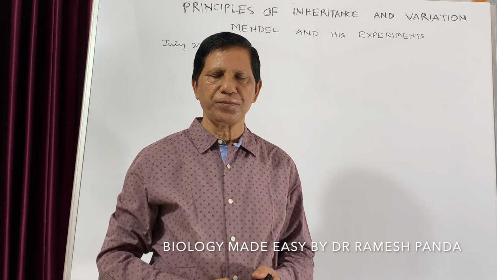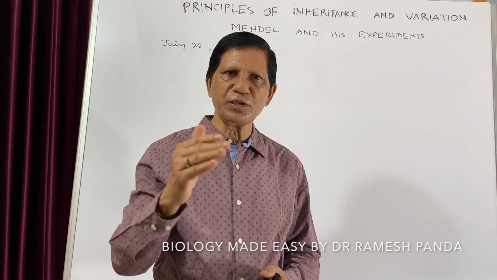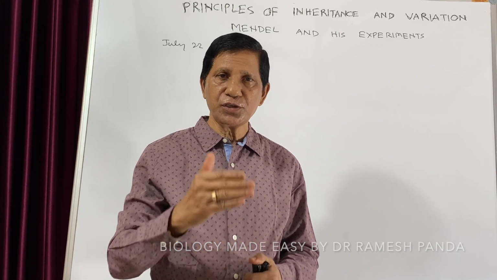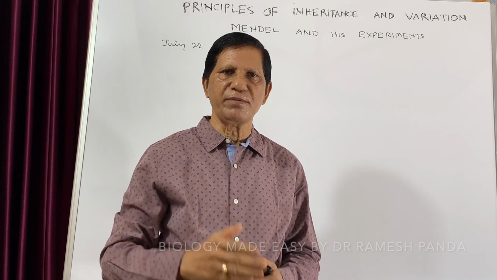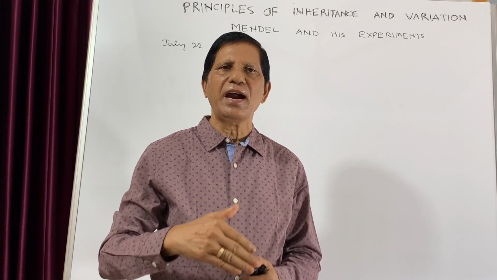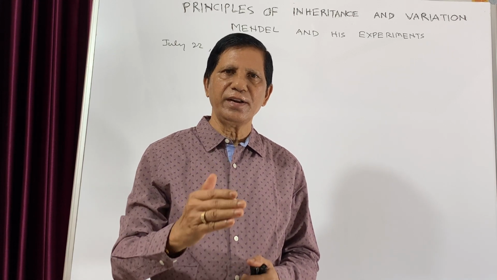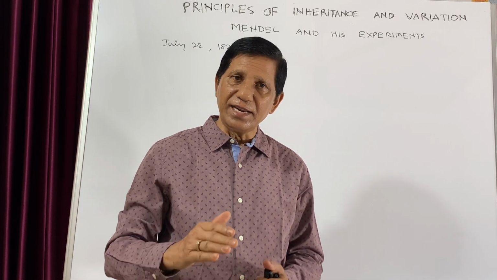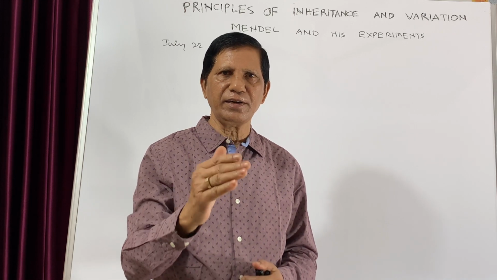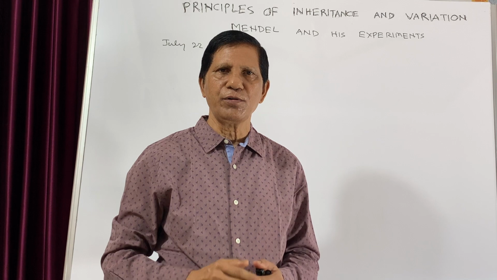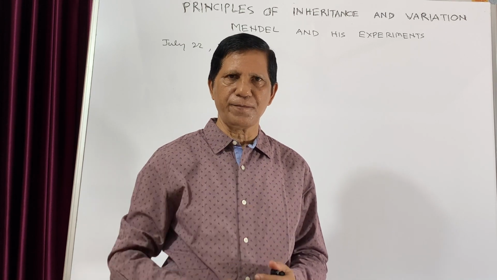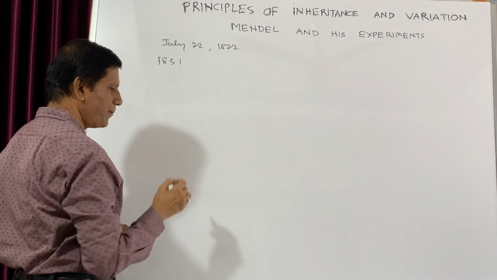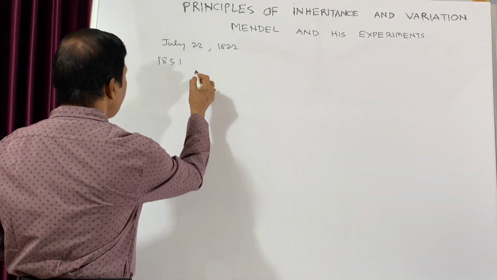Czech Republic. Though he was born to a very poor farmer's family, from the very childhood, he was very brilliant. During his school time, he read philosophy for several years, and at the age of 21, he joined as a monk in a monastery at Brunn. At the age of 25, that means in 1847, he was made priest of that monastery. But in 1851, he was sent to University of Vienna